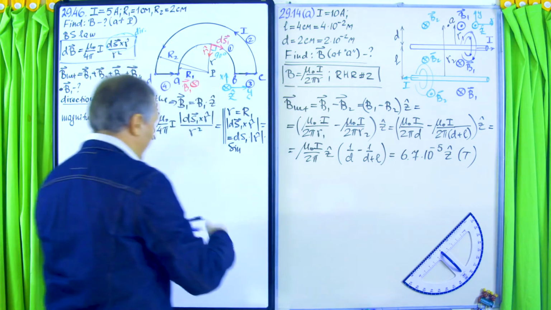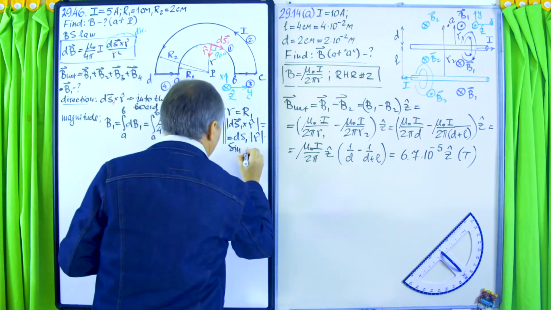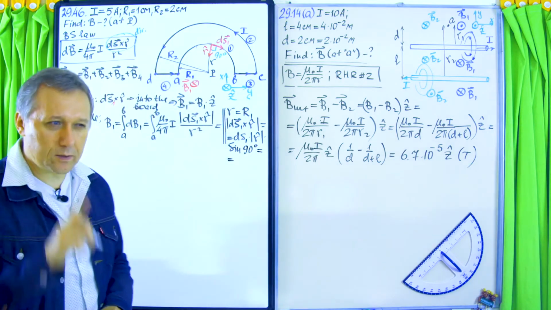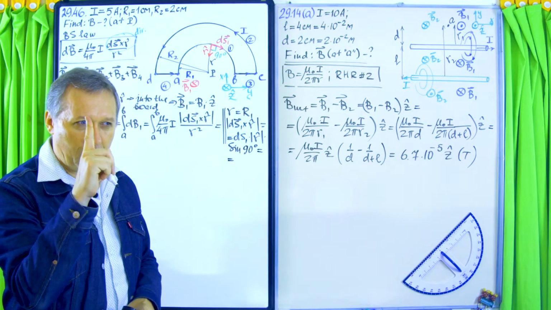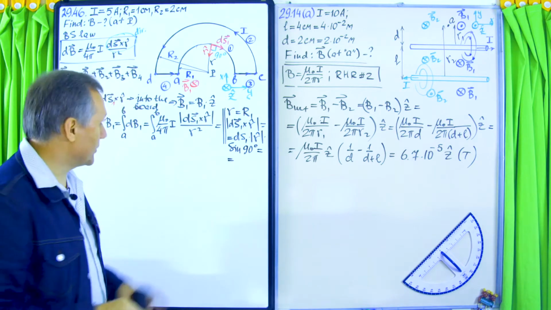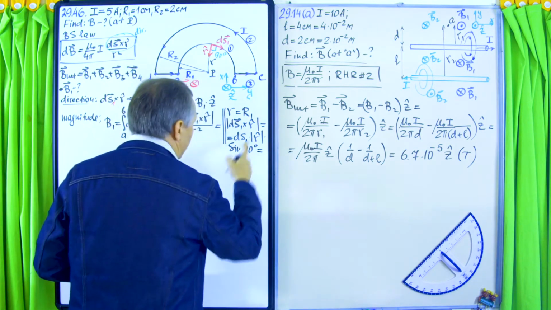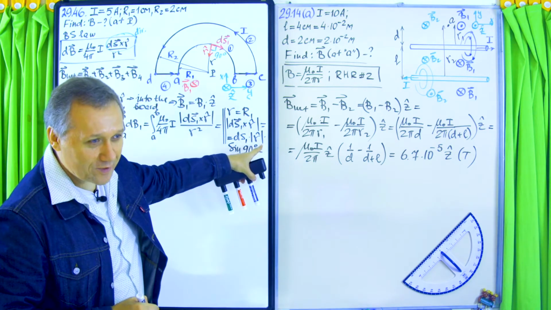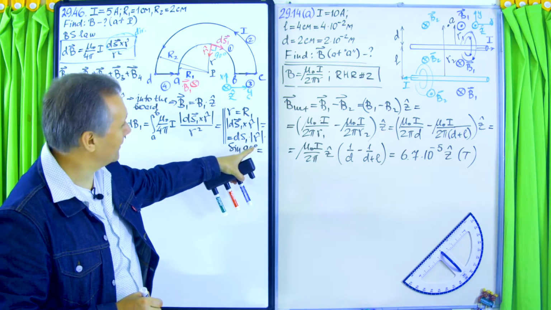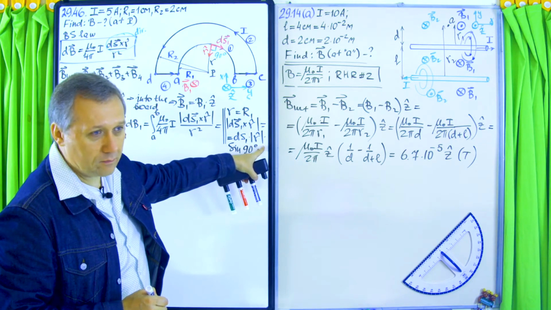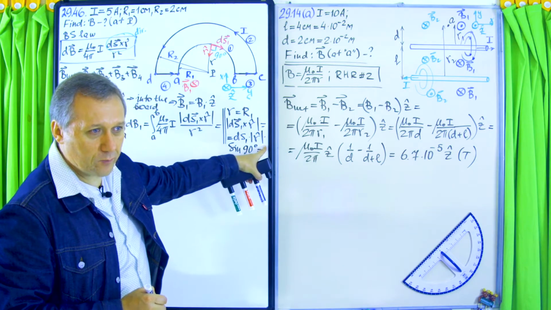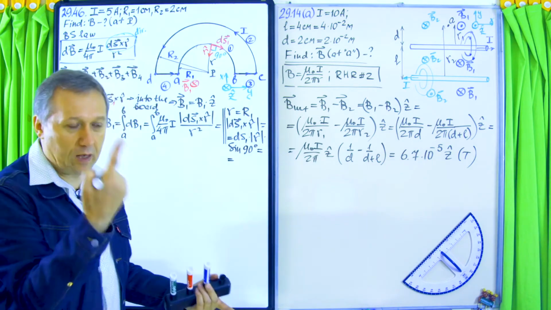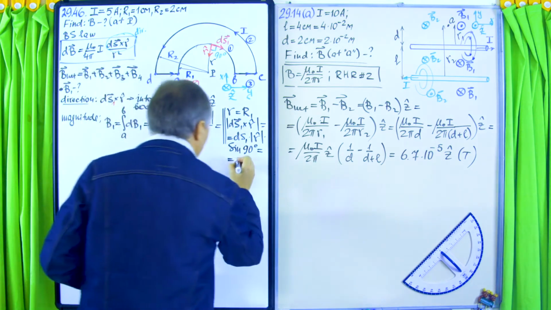Okay, so it means that over here we're supposed to have sine of 90 degrees. Okay, so now sine of 90 degrees is 1, right? So as a result, we have here, and also, what's the absolute value of r hat? Usually at this point, some students struggle almost every semester, right? It's 1. It's a unit vector. We introduced this r hat in the formula as a unit vector. So absolute value is 1. So it will be equal to